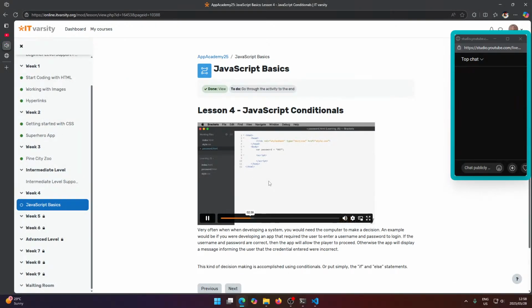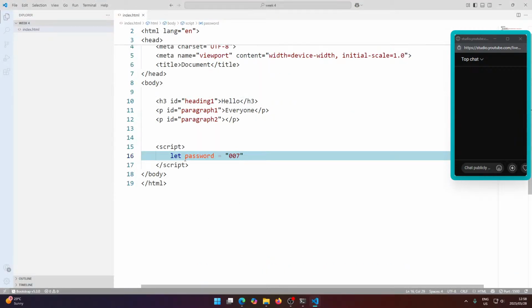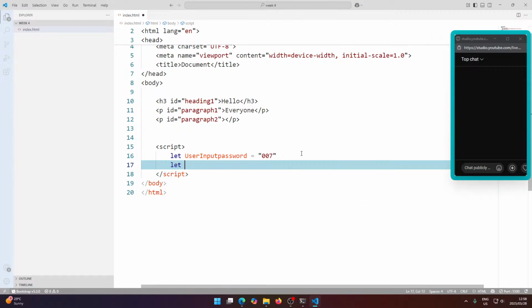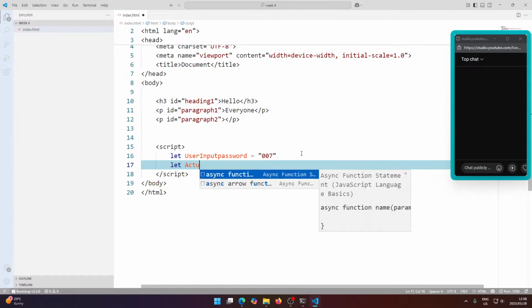Right, now we're going to assume that that is the value 007. That means what the user has input is 007. Okay, so I just changed this. He changed the name of the variable here to user input password. So we're pretending like this is what the user typed in. And then on the next line here, we're going to say let actual password